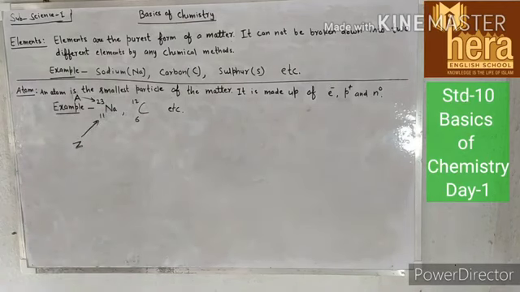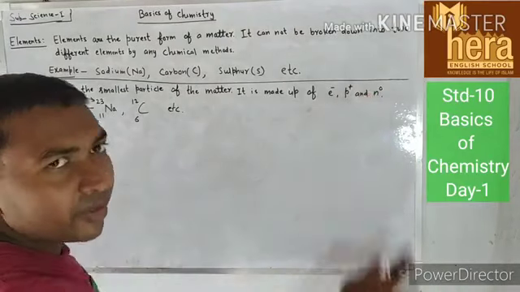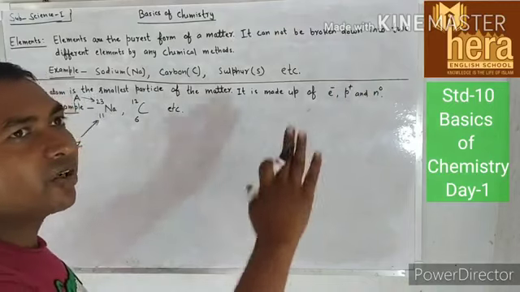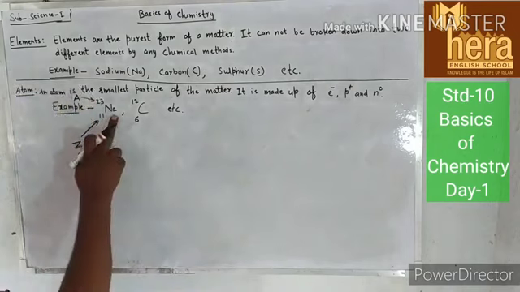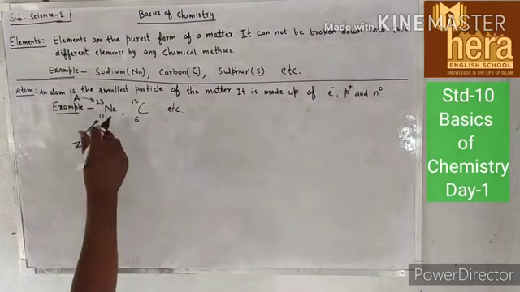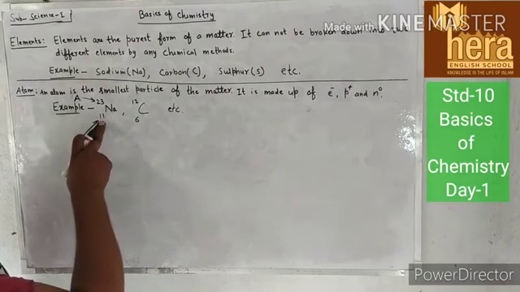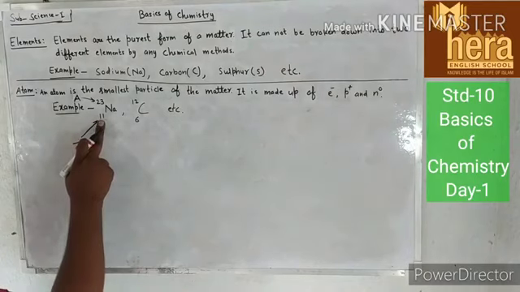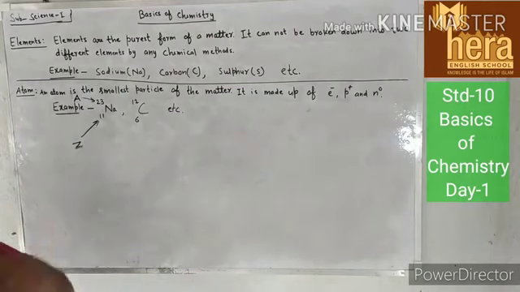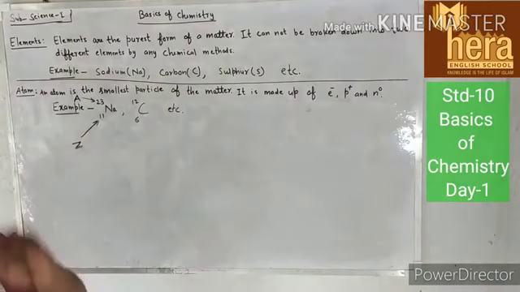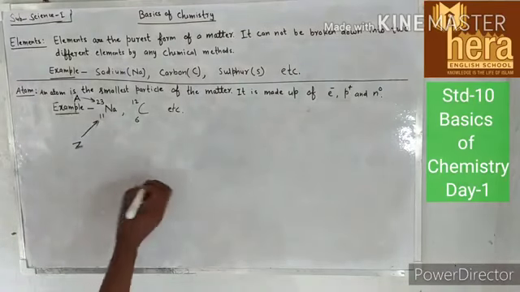Understood? So inside the atoms there is electrons, protons and neutrons. So I will tell you where is the electrons, where is the protons and where is the neutrons. So your first example is sodium. Sodium have atomic number 11. It means there is 11 protons and 11 electrons. Since the number of electron and number of protons are equal for an isolated atoms. Understood?